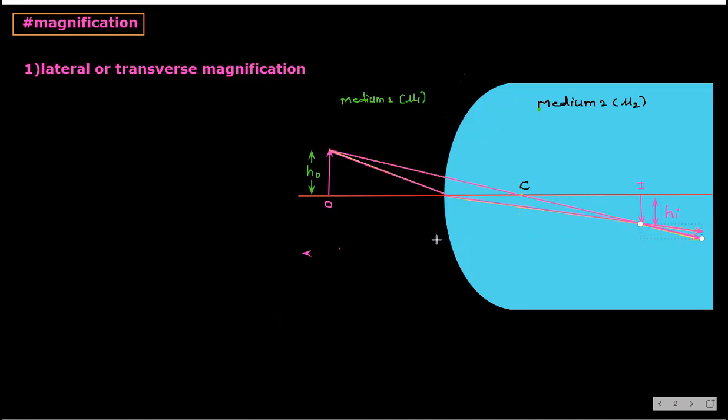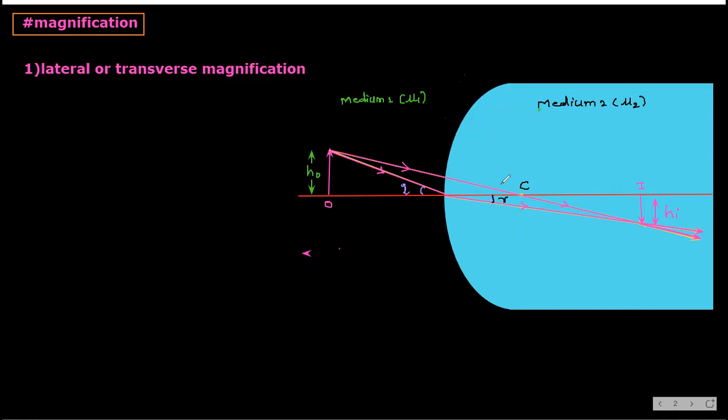Now leave it. See here, this is C point, this is object O and its image, and you can keep some arrows on these light rays. If it is visible, don't waste more time on it. Now the angles. This angle is the angle of incidence and this angle is the angle of refraction, R.